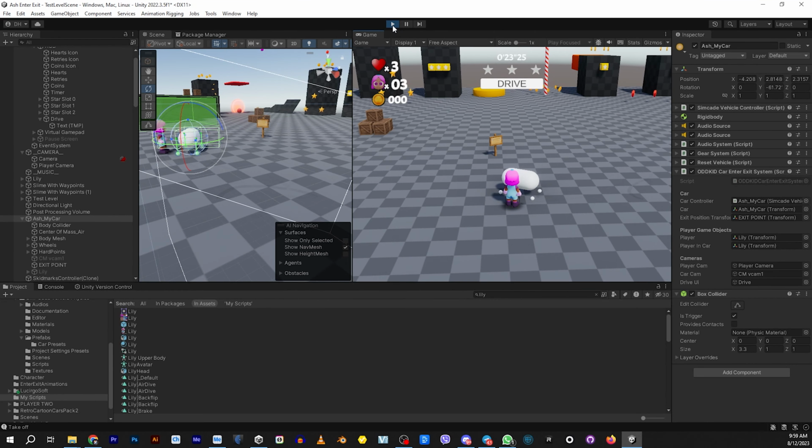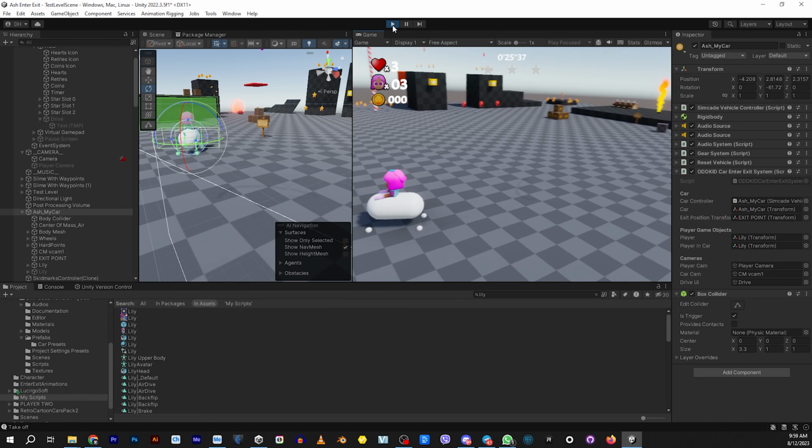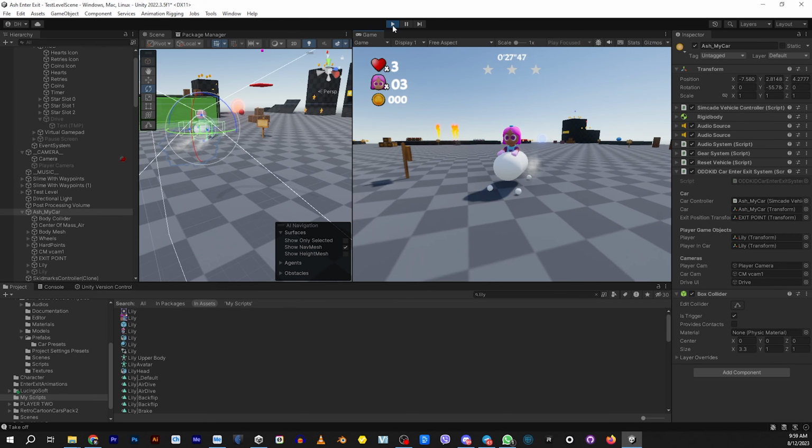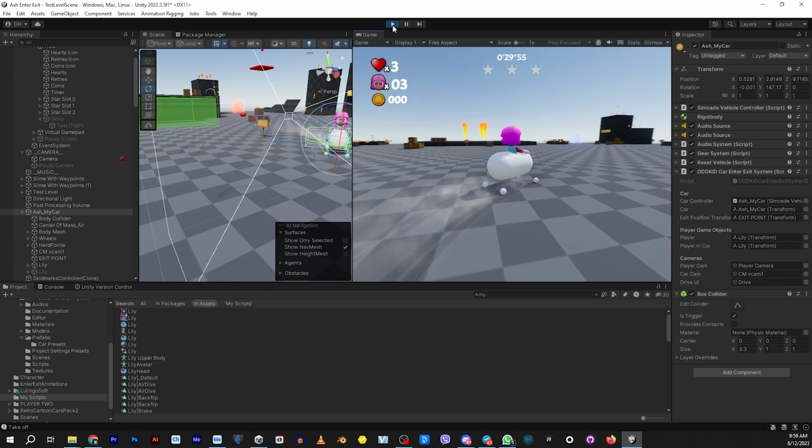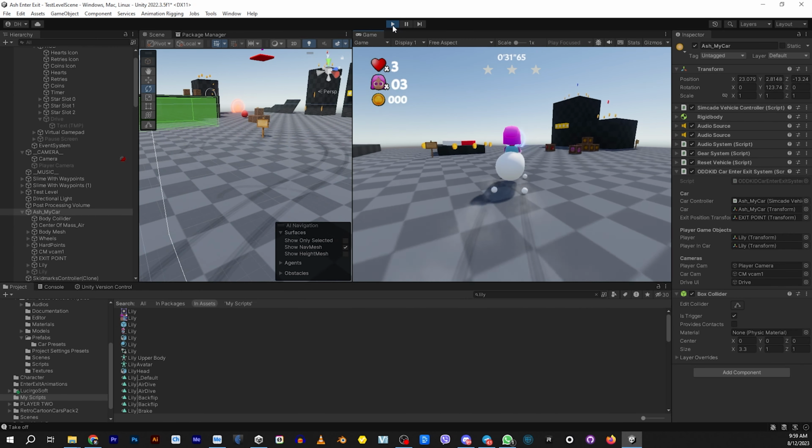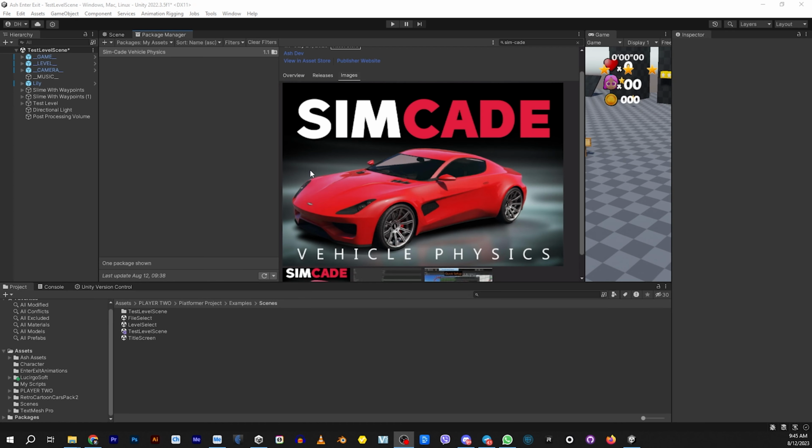Today I'm going to show you how to use my enter exit vehicle script. This is not a tutorial on how to code, but this is a tutorial on how to use the script. The script is for free and you can find it in the description. For the car controller, I'm going to be using Sim-Cade, which is designed for mobile devices, is very easy to